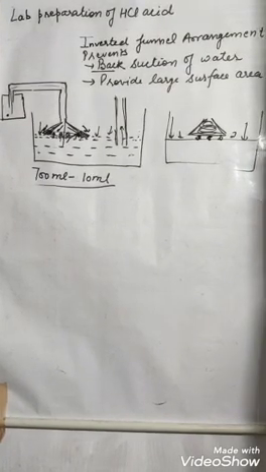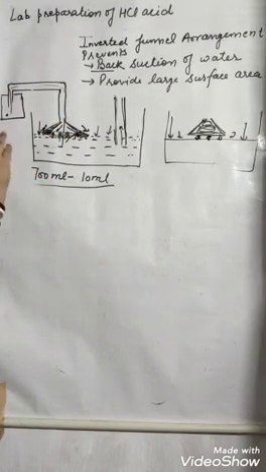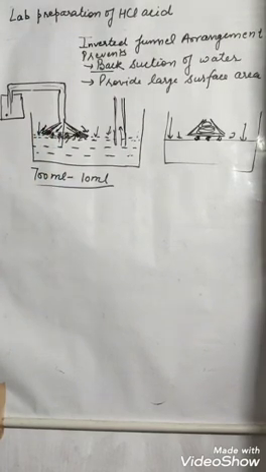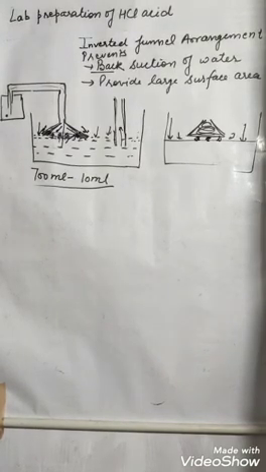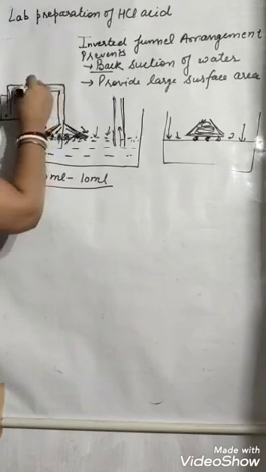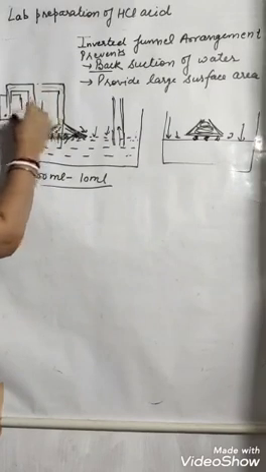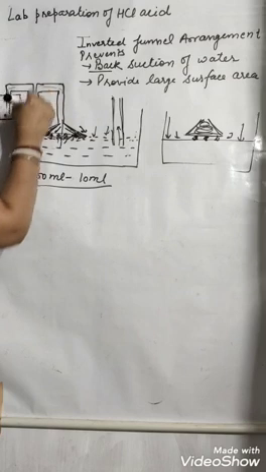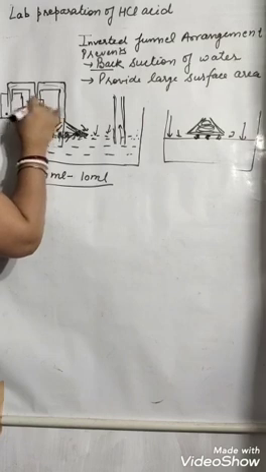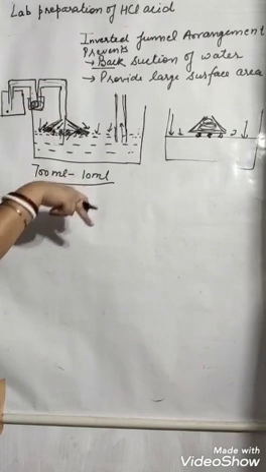One more thing. Sometimes back suction can happen from here also, though it is not really possible. To prevent this back suction, an anti-back suction device is installed. How? Between these, one flask is kept that is totally empty. So if water back suction takes place, it will first fill this flask, and only then go into the generating flask. Till then, HCl will be produced, so it will come, right?